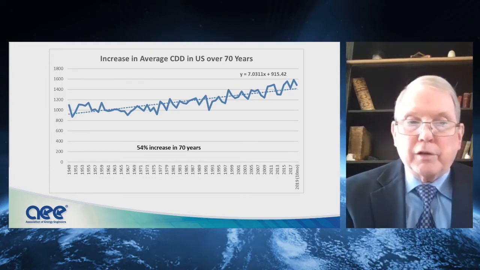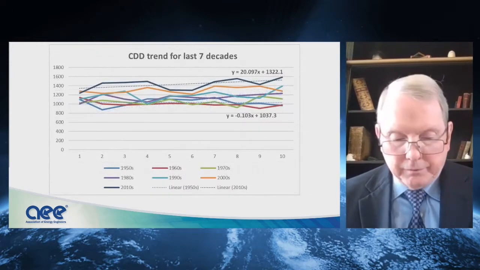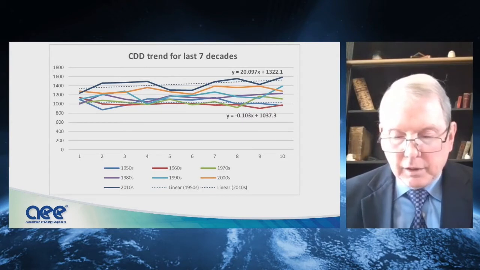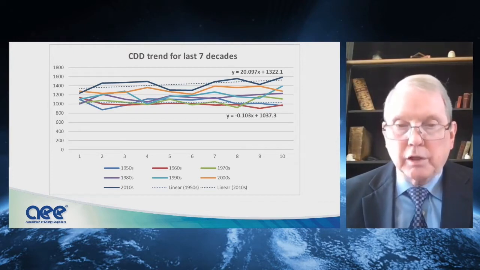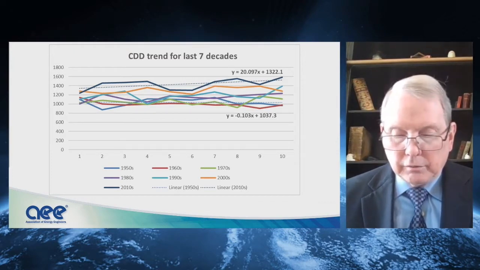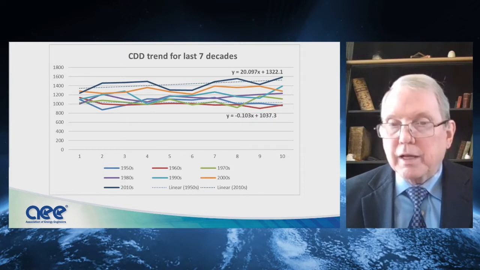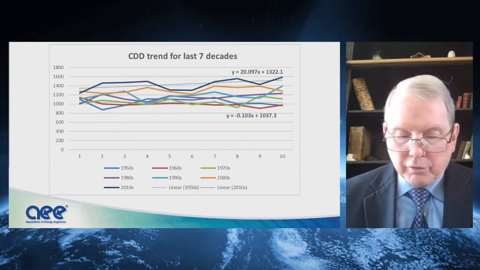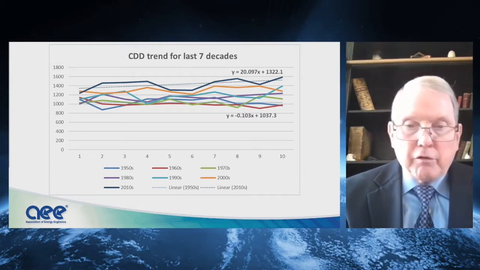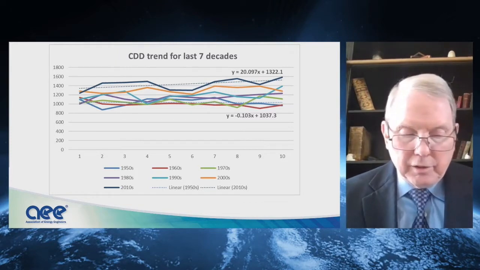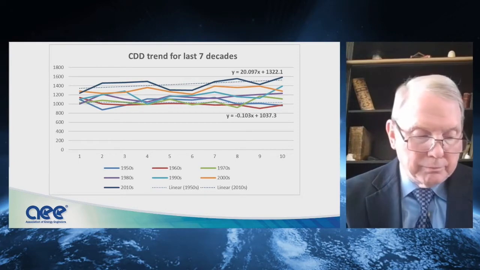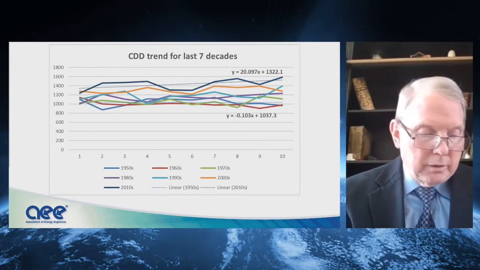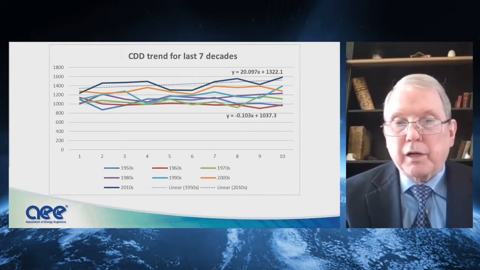Well, let's show you next how this is overlaid by decade. A decade is used generally for trending more so than an individual year. As you can see, the cooling degree days stack on top of each other as they increase each year for the last 7 decades. If you notice, the first 4 decades is near zero, or really in some cases slightly negative slope. The last 3, they really take off.